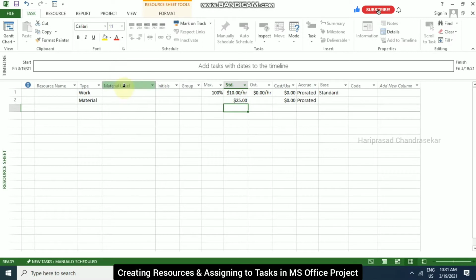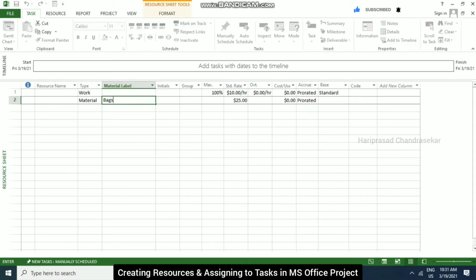Here we also have the material label. Here you can put the bags. So for the label, for cement bags you put bag. If it is concrete, you put CFT. If it is paint, you put SFT, square feet basis, so we can calculate the paints and everything. Now I'm putting bags.